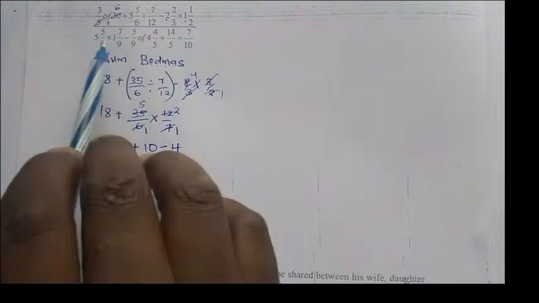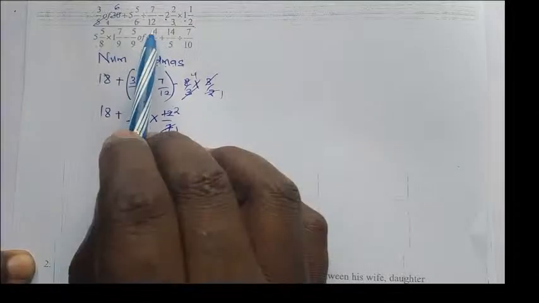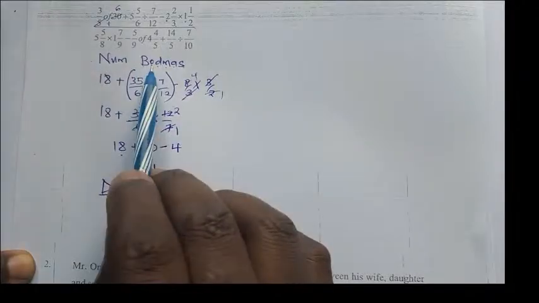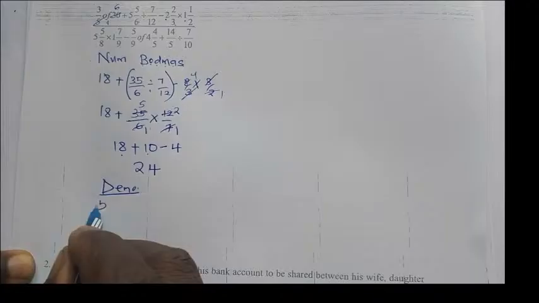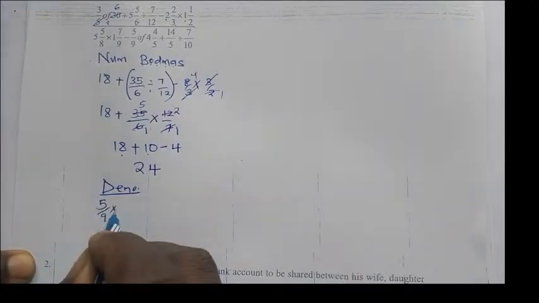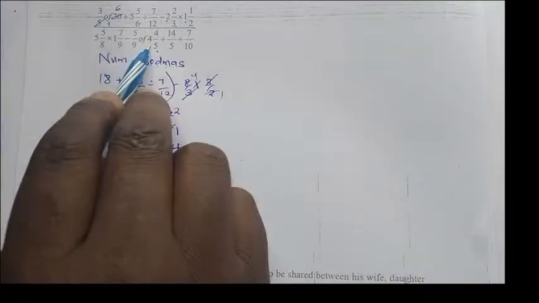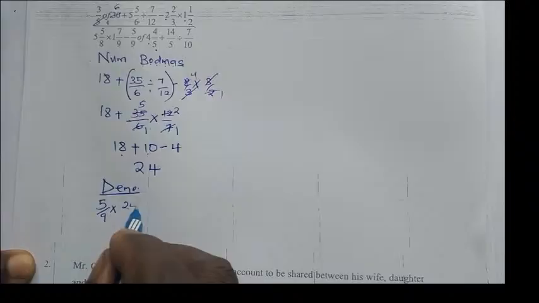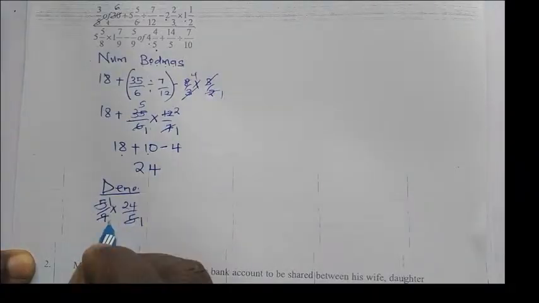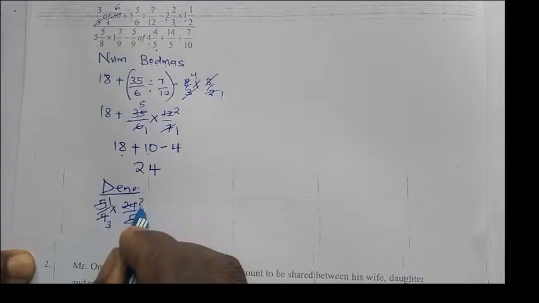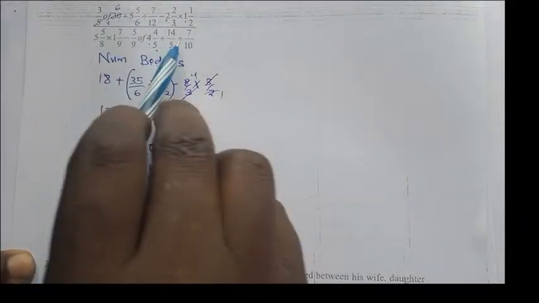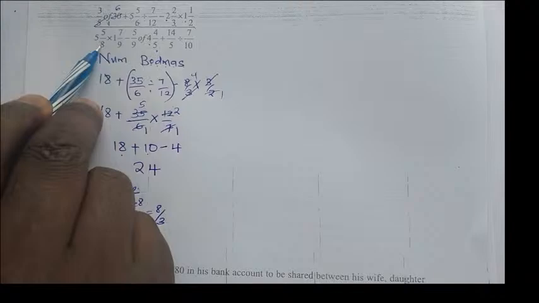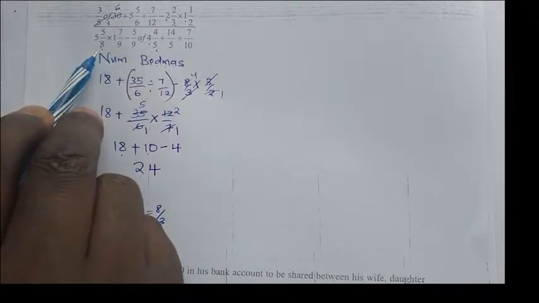So in the denominator we have "of", so we will start from "of", because "of" comes first, because we don't have a bracket here. So that is 5 over 9 times, this is 24 over 5. This once, here once, 3 here 8. So we will have 8 over 3. Then you can change this one to an improper fraction. This times this, 45